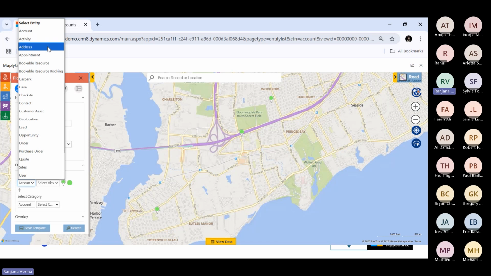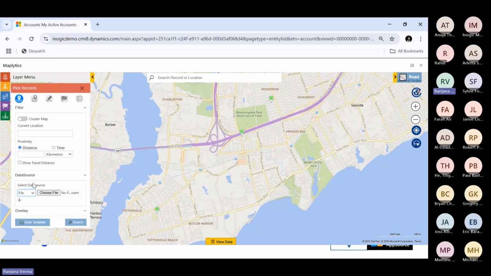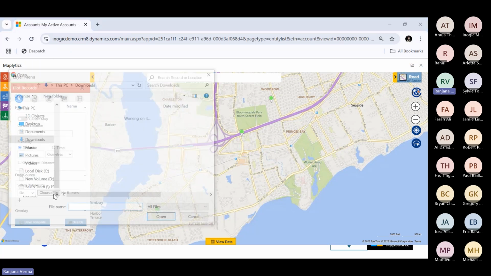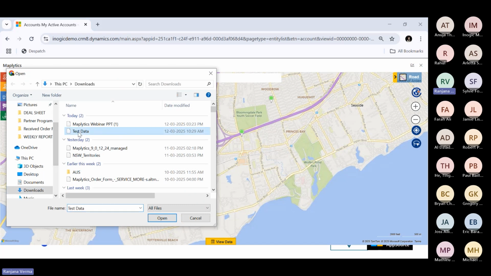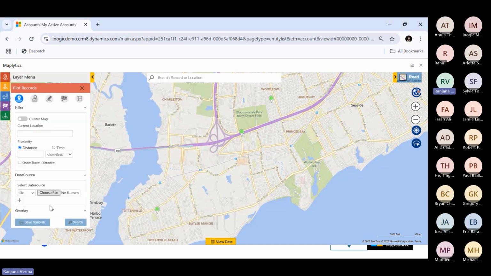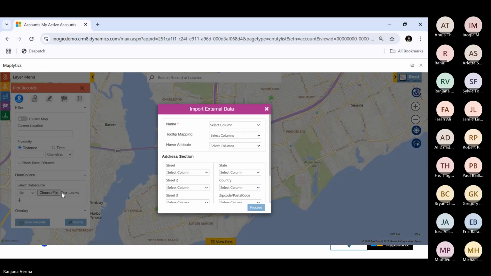Now, these are all the entities of your CRM. You can select the data source from here. But because we are having an external file, I'll go all the way down. There's this file option, and then you select the file. Okay. It could be a CSV, it could be an Excel. Okay. So depending on the thing, you can just simply select it, right? So you select it over here, and then